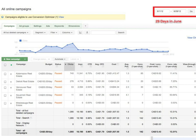Now, the other very important statistic to take a look at on this page is the conversions, and that is about 7 tabs over on the right-hand side where it says conversions, 1 per click. At the bottom, you can see there it says 142. So what that means is that out of the 1,085 people that I drove to the websites